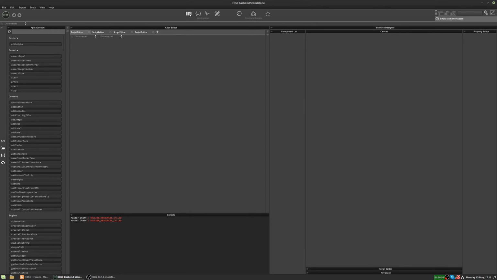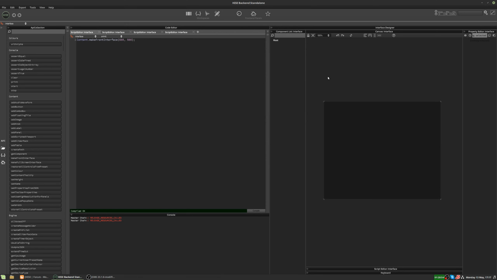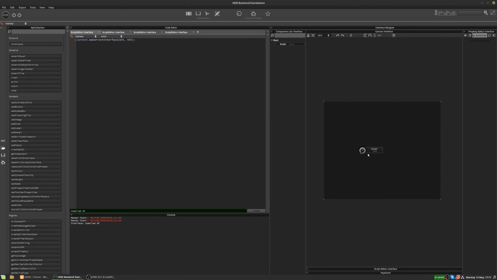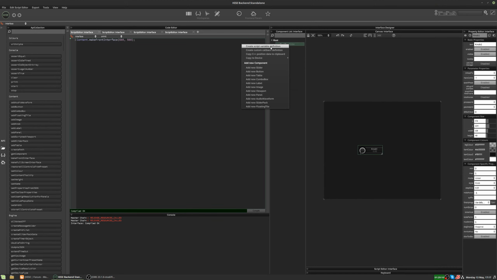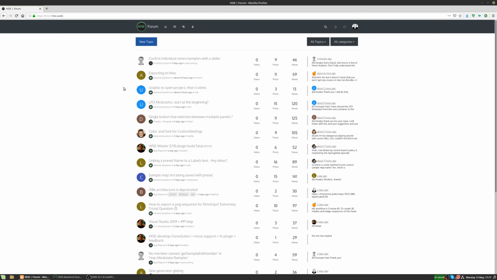So let's say we've got a project, so this is just an empty HISE project. Just going to add an interface and we'll add a knob to the interface. So there we go. So this is our project. And we'd like some help with this, so we'll add something in the script as well. Just paste that in. Okay, so if we want some help with this, we go to the HISE forum, which is